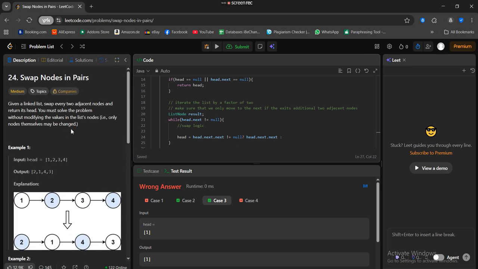I'm swapping. So if it has next, it's going to skip and come here, and then it's going to run the logic, but then it's going to ask here, and you realize that it does not have next. Okay. So if we put null,